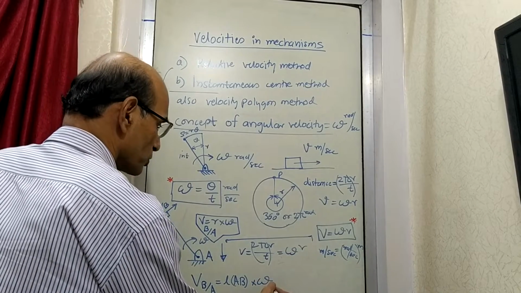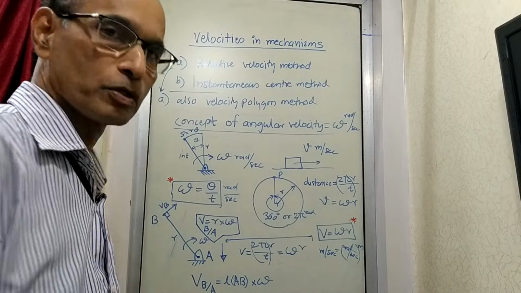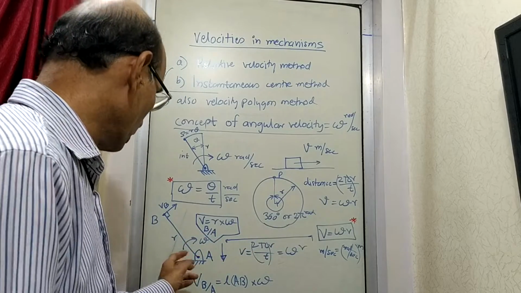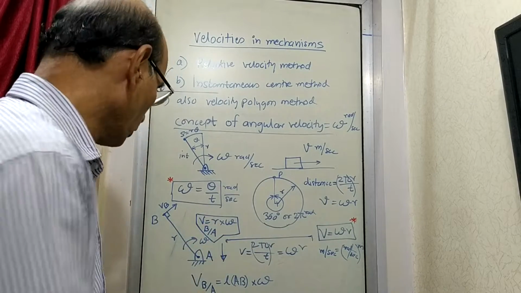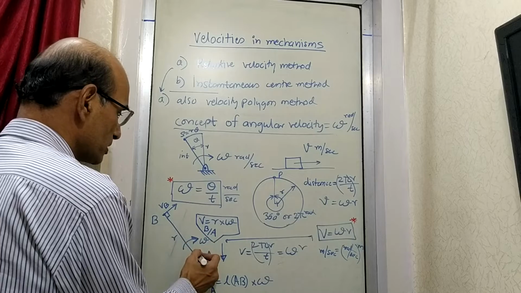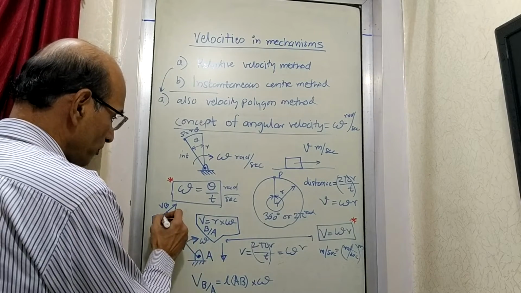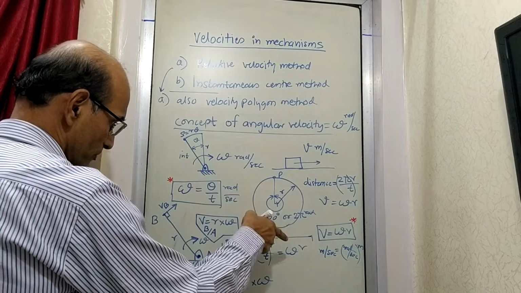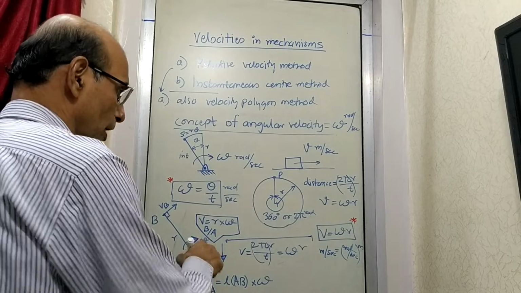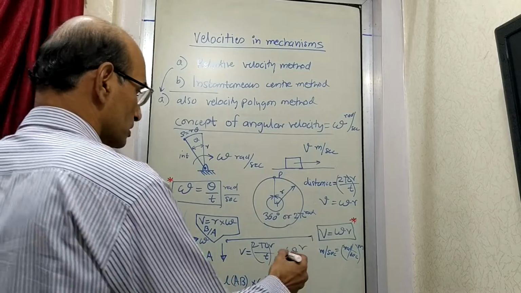Now when you say angular velocity, there is some more information we are supposed to write here. Angular velocity is like this, meaning what? What is the meaning of that? It means if the observer is here, then for the observer the point B is moving in this direction. So angular velocity, when you write it, is to be written in a certain relation.